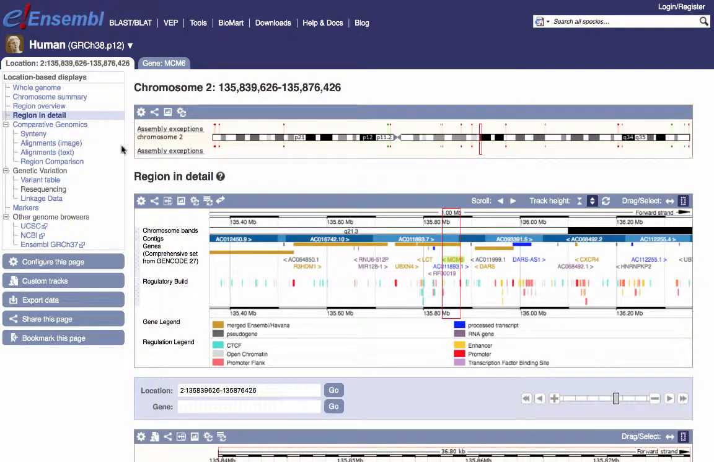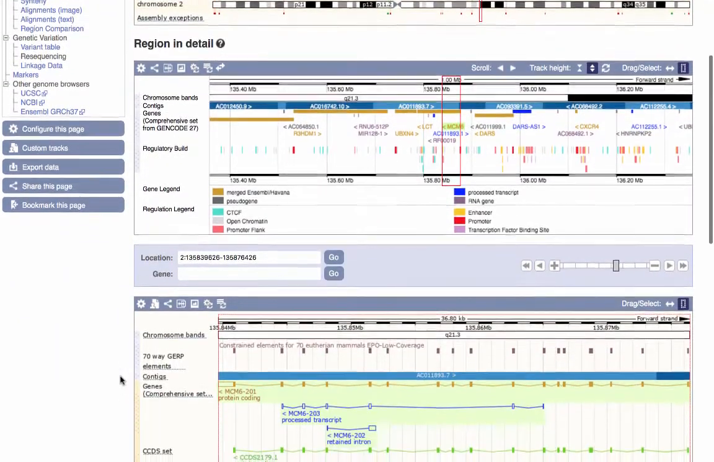Notice that there's also a variant table available here, which looks at the whole region that we're looking at. So whereas when we're in the gene tab, we're only looking at variants that cover from the 3' to the 5' UTR, this variant table is going to be looking at also variants that occur in intergenic regions, for example. So we're on the region in detail page, which is probably the most powerful way to adapt the genome browser